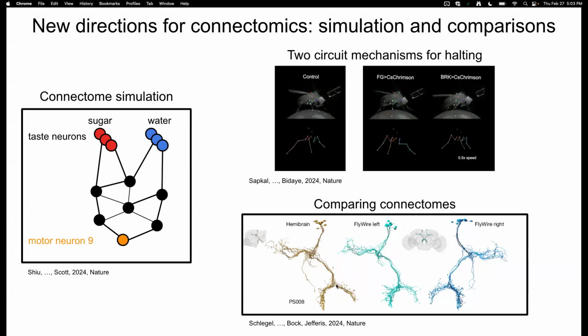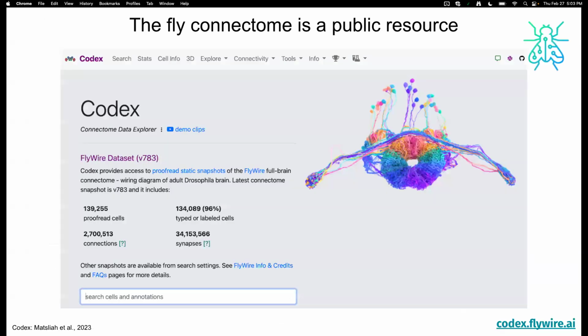So you can find the same neurons, then you can analyze the circuits that they're involved in and ask questions about how stereotypical those brains are, how much variation there is, biological and otherwise. And in this paper, Schlegel et al., they find high agreement between the two. The most important thing is this data set is publicly available for anybody to explore. Codex is an interactive resource that you can go in and type in the neurons of your interest. You can look for the ocellar ganglion cells and projection neurons and look those up and see the targets are